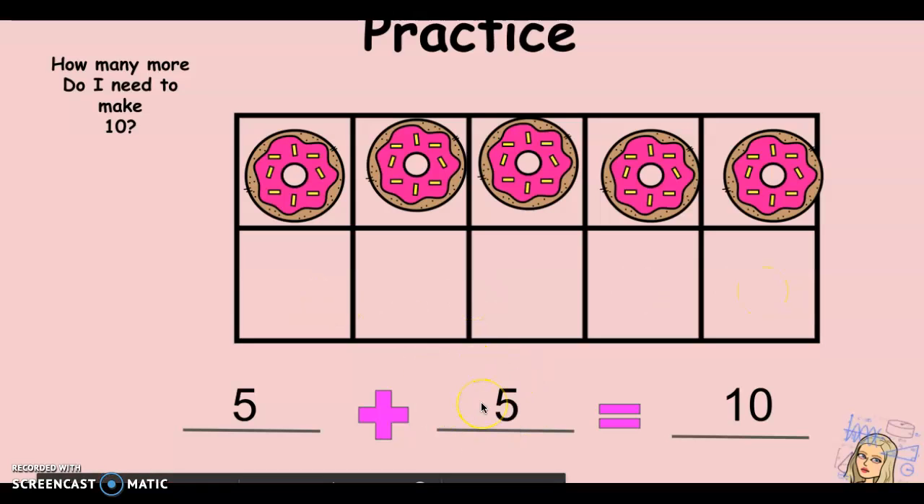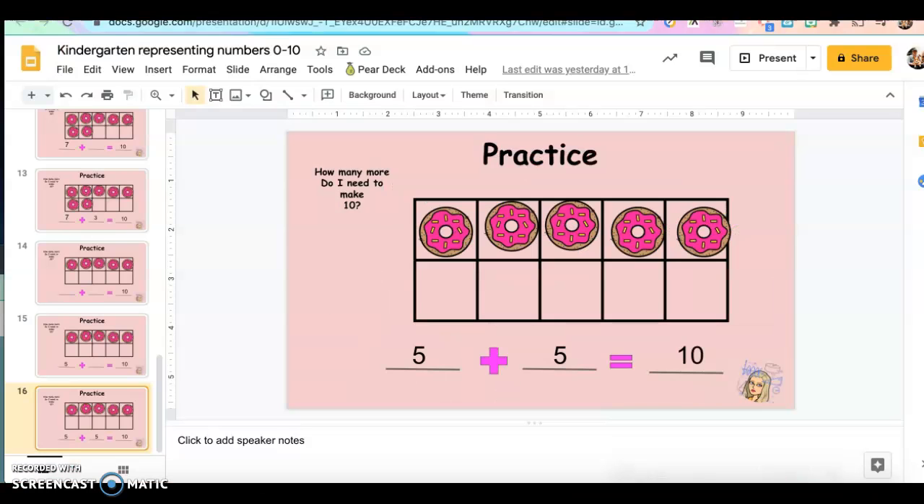We need 5 more. Now let's read our equation. 5 plus 5 equals 10. So we would add 5 more donuts to have 10. Very, very good. Awesome. What we're going to do now is a practice with making